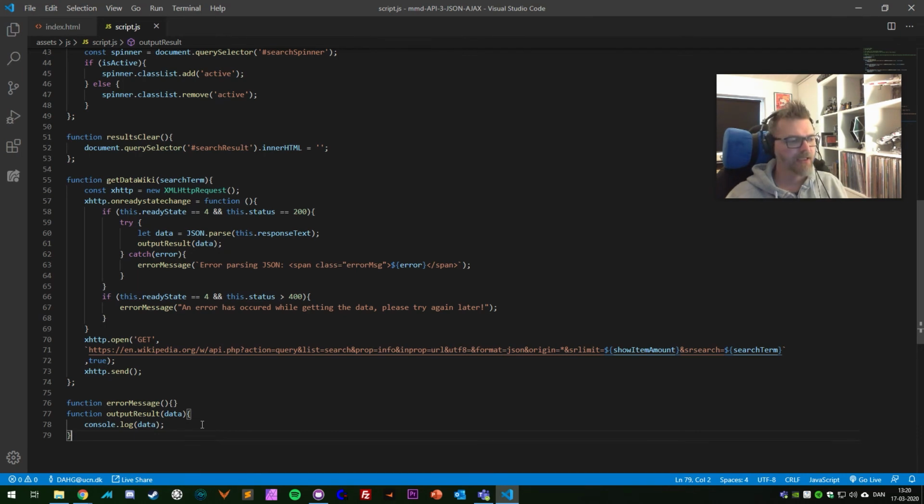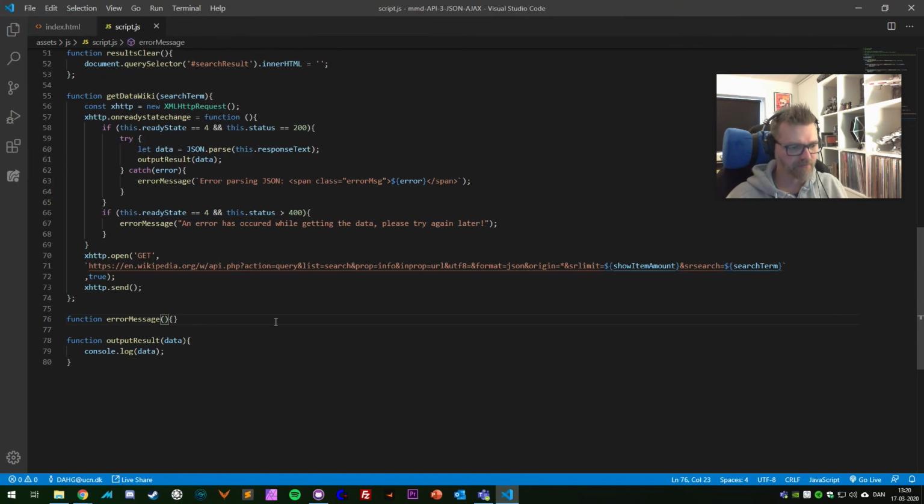Okay, let's fix our error message function here. The error message receives a string, as we can see here when we call it, and that string, well, let's just call that message here. So now we have message, the parameter, as a variable that we can use inside of it. And what we want to do is